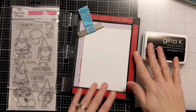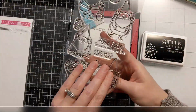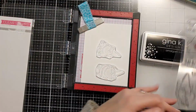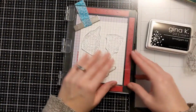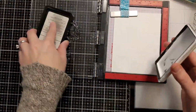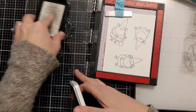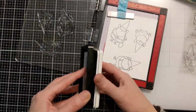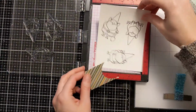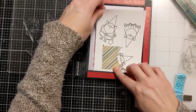cutie gnomies. So I'm going to stamp a few of these stamps out in my mini Misty here. I have some 85-pound Nina Classic Crest Solar White. That's what I'm stamping on for the images. And I'm going to use Gina K Amalgam ink. And this is a Copic friendly ink, which if you are using Copics or other alcohol markers, you want to make sure that you have a Copic friendly ink so you don't have any bleeding or anything when you go